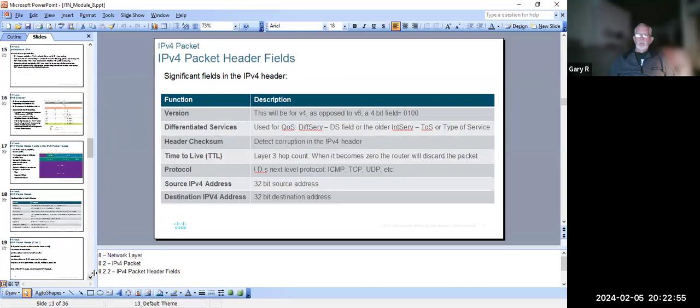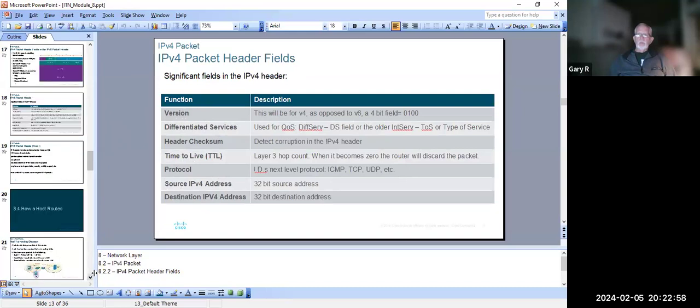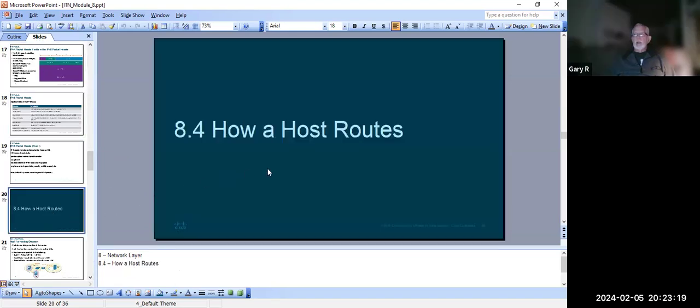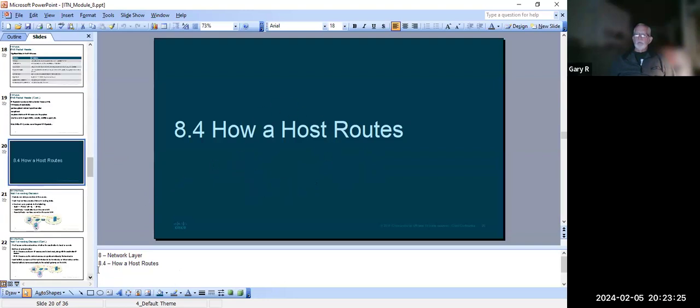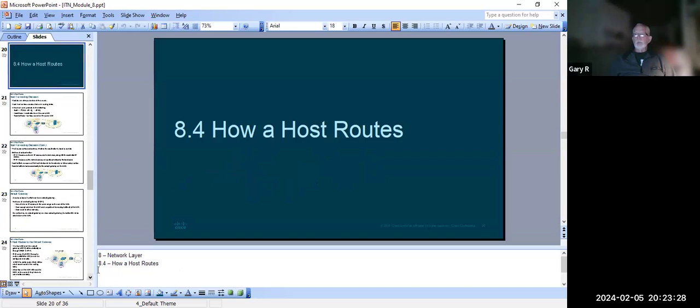Also, what I'd like to not do is go through IP version 6. I like to stick with IP version 4 for a while and get comfortable with it, and then we can bring in IP version 6. The headers are different. The reasons for that make sense, but anyhow, what I'm going to do is skip on to how a host routes. So now we're talking about how a router works. And we will touch briefly on IP version 6 here, but for the most part, we're looking at how a router is going to route and how a host, the source, would send things off. Okay, so